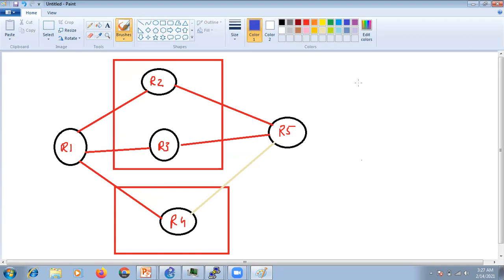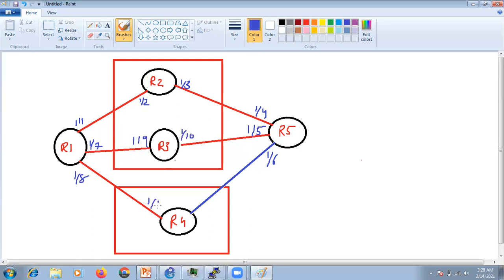Okay, let's connect it again. Let's say this is interface 1/1, this is 1/2, 1/3, this is 1/4, 1/5, 1/6, 1/7, 1/8, 1/9, 1/10.